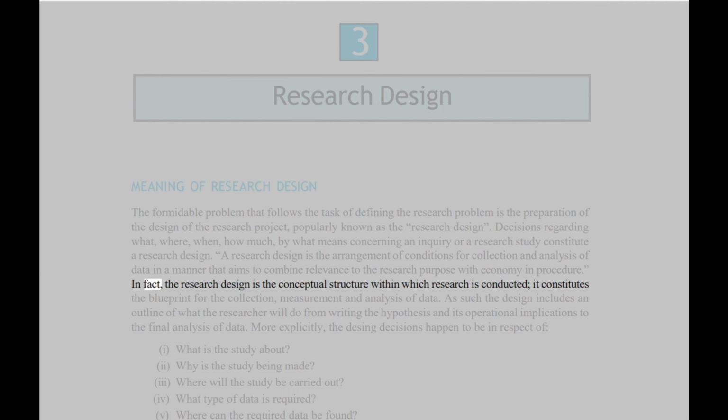In fact, the research design is the conceptual structure within which research is conducted. It constitutes the blueprint for the collection, measurement and analysis of data. As such, the design includes an outline of what the researcher will do from writing the hypothesis and its operational implications to the final analysis of data. More explicitly, the design decisions happen to be in respect of